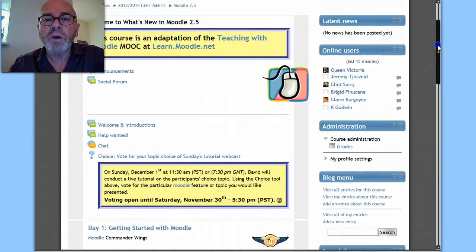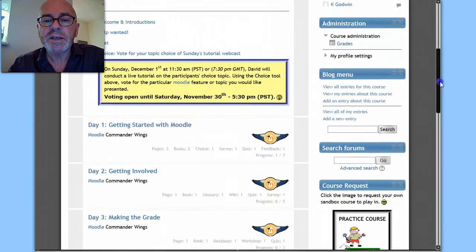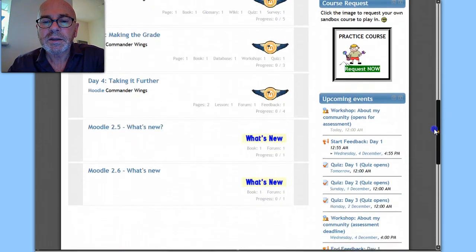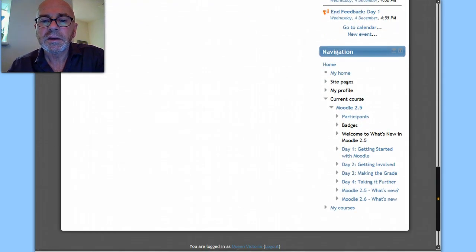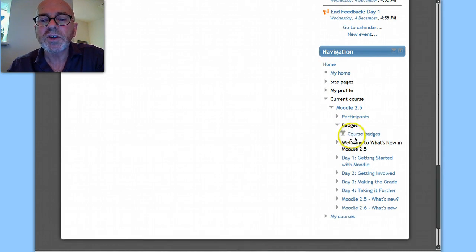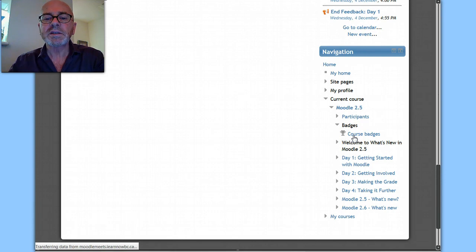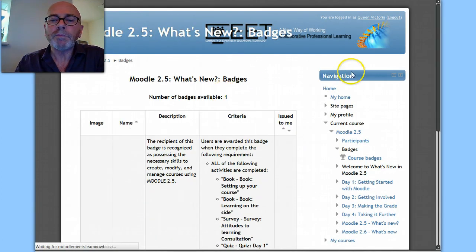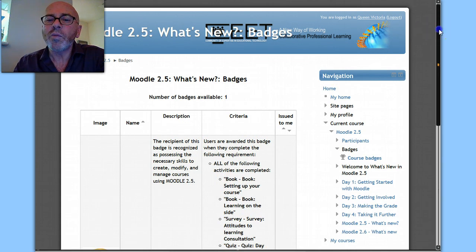Okay, I want to show you about the badges. So badges are under the navigation panel. You click on badges, and it has the course badges and what a course badge will look like. Unfortunately, I couldn't get the badge image with the wings in there.